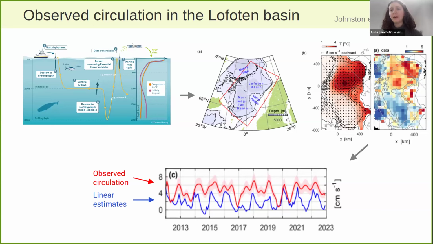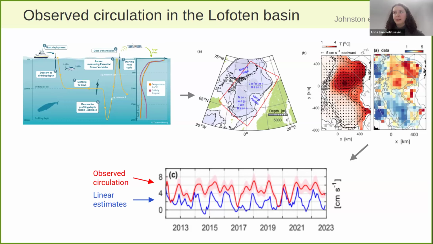And from this velocity data, we could calculate circulation around a depth contour in the Lofoten basin. And that is what you see in red in this figure down here. We could also calculate our linear estimates based on our idealized model from wind data, and that is what you see in blue here. So you can see that the 2 lines, they correlate quite well. They have similar variations, but again, we see this offset, that we have a bit stronger cyclonic circulations in the observations than estimated by our idealized model. So again, we see this shift,